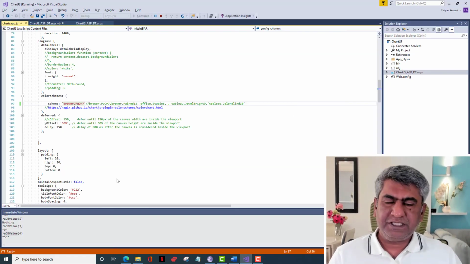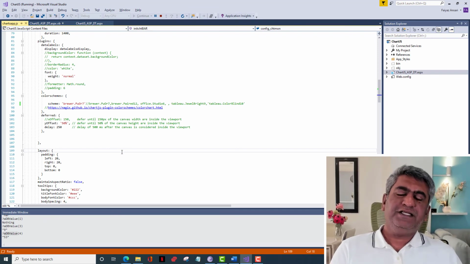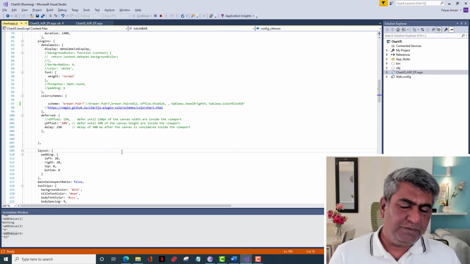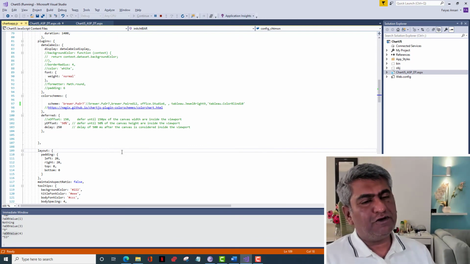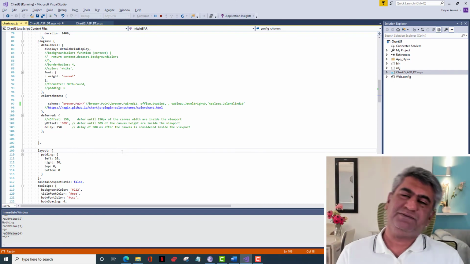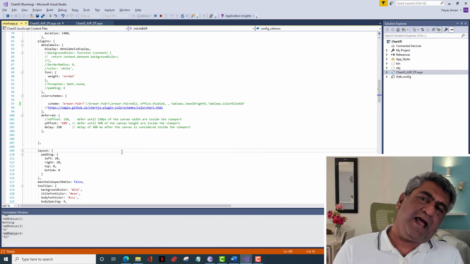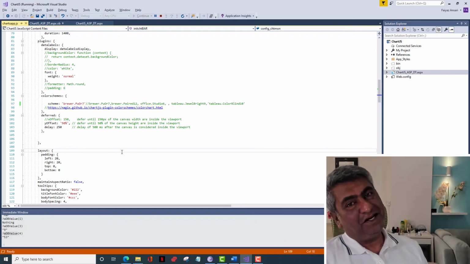I hope I was able to help you to create the chart with chart.js. I did not go into very much detail, assuming you know ASP.NET and JavaScript. My focus was on converting the data table data to an ASP.NET array, and from the ASP.NET array to a JavaScript array, and passing that array to chart.js.